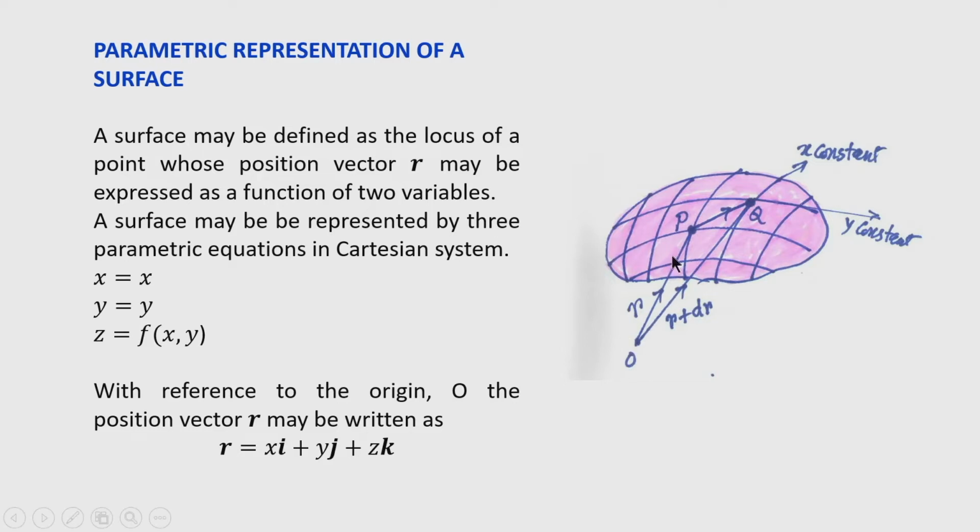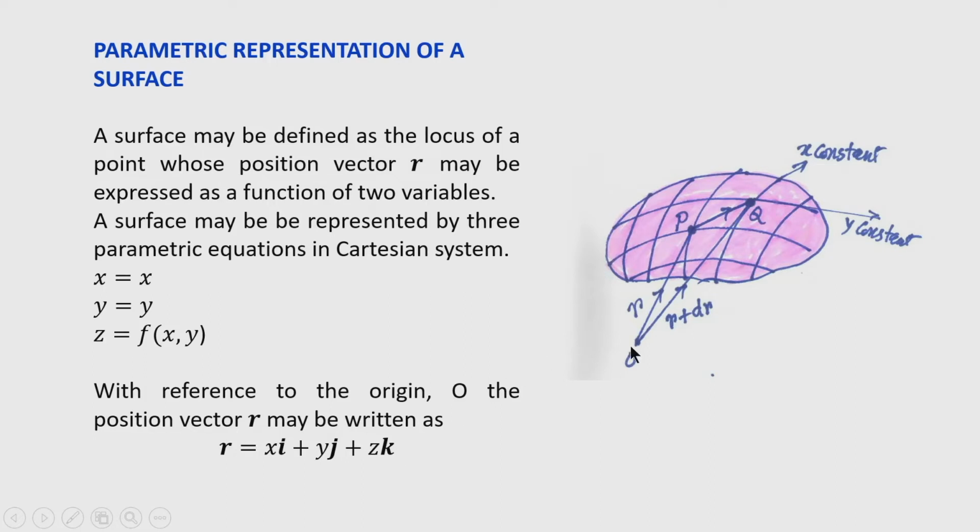So, the position vector r is nothing but, if the coordinate of P is x, y, z for example, and the origin coordinate is 0, 0, 0, then the position vector r will be (x minus 0) times i, the unit vector along the x direction, then (y minus 0) times j, where j is the unit vector along the Cartesian direction y. Here, i is the unit vector along the Cartesian direction x, that is, along the x axis.